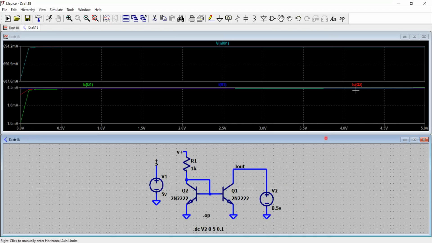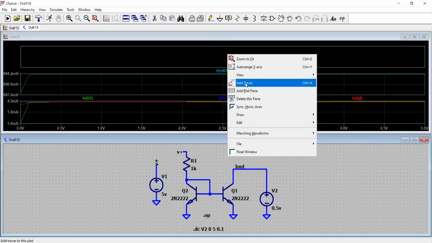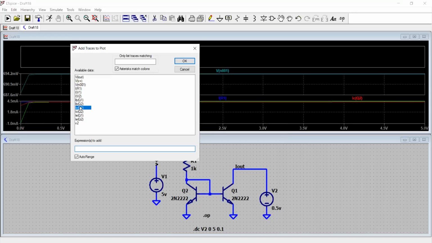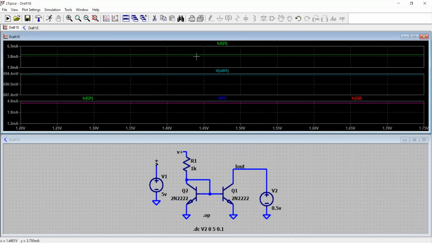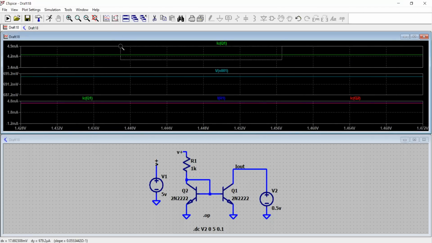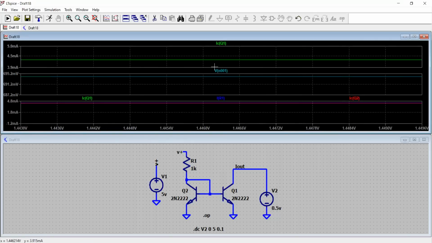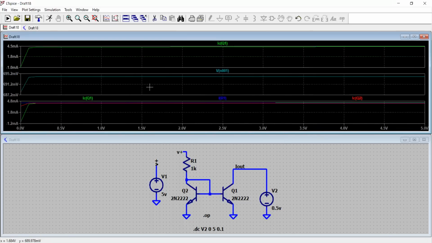Now, the next job: the green is the output current. Let's remove the other one, or in another add plot pane, right-click here and add the trace for IC of Q1, which is my output current. If I zoom this portion, the output resistance, for which the theory equations were given in our previous module, you see that it is almost constant, right? But this can also be further improved. If you take a slope of this, you will see that